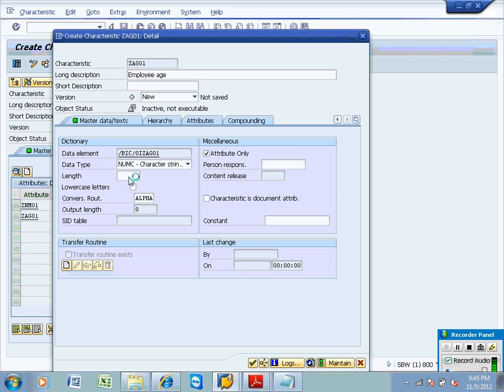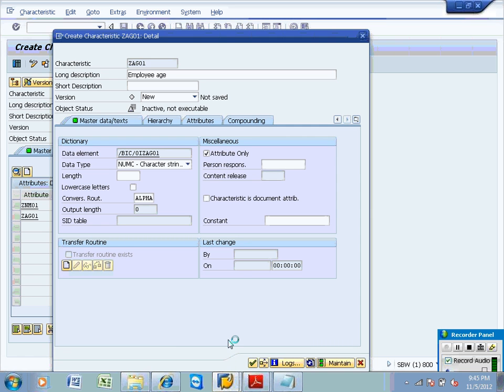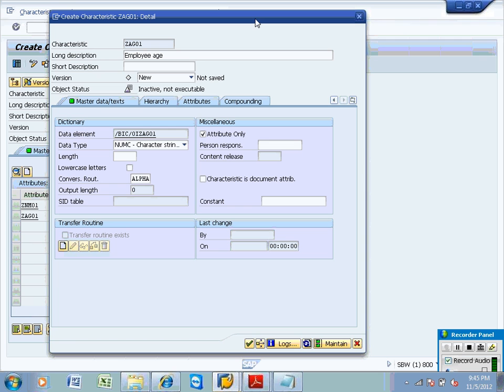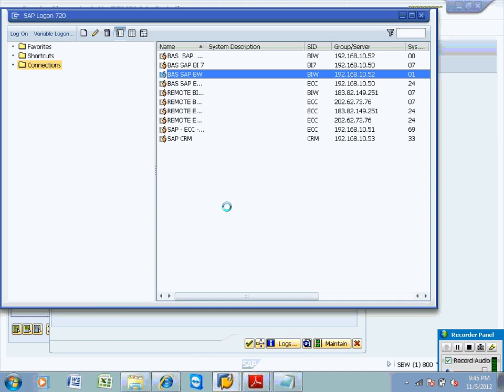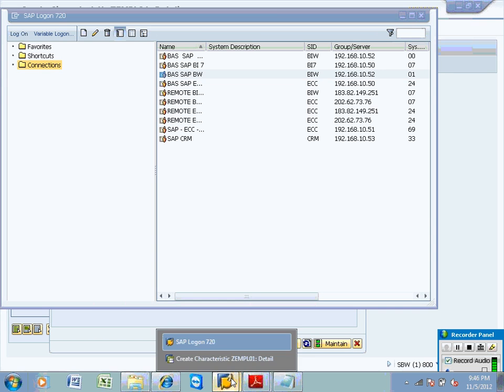If you want to keep text, keep it. Otherwise, uncheck it. Action is okay.